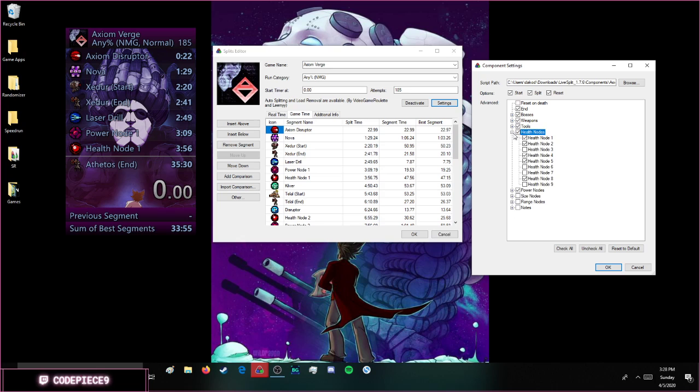So health nodes, I have all these health nodes selected. I think all this is for 100% right now. Nope, this is not, it's right. So the health nodes, it tells you which ones are selected. Health node 1 is the very first one. Health node 2 is Apsu, so it's also vanilla route. Health node 4 is pretty much